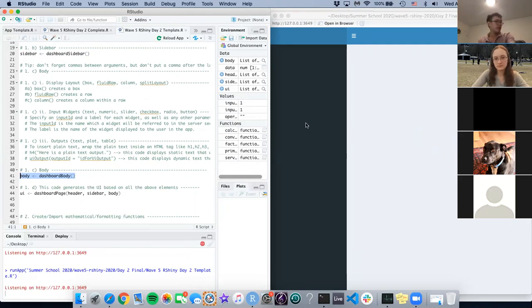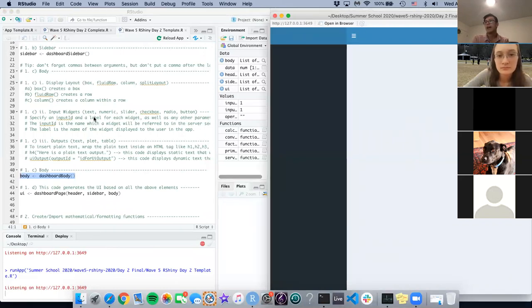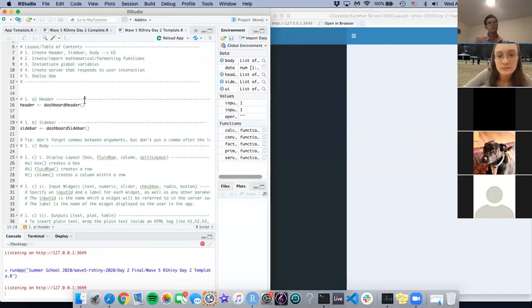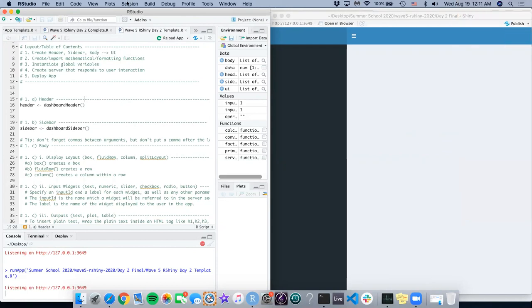Okay, so let's start adding some user elements to the user interface. First we're going to add a title to our header. When we want to add elements to the app itself, we add them as parameters into the header function, or wherever you want to add them. So think of these as characteristics. Right now we have a plain header, and if we want to create a header with the title, we